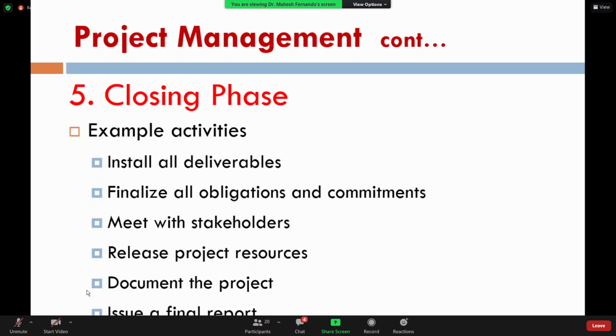These are some of the important things we do in project management, right? That is the basic thing we need to concentrate on, because while working with system activities, we need to have